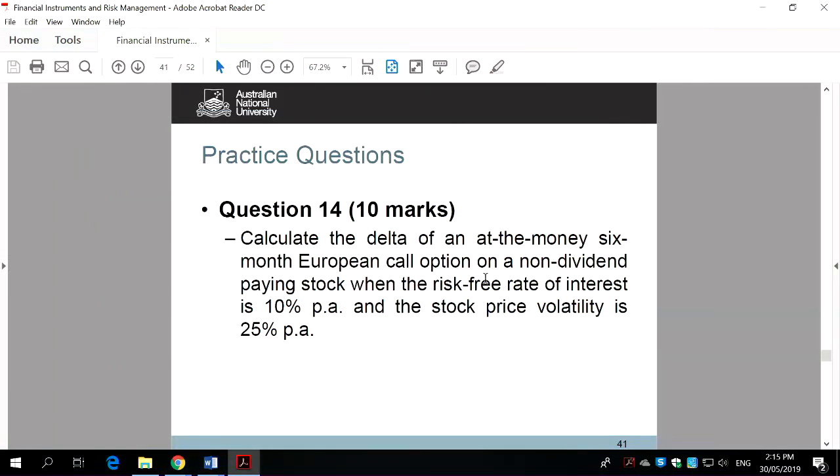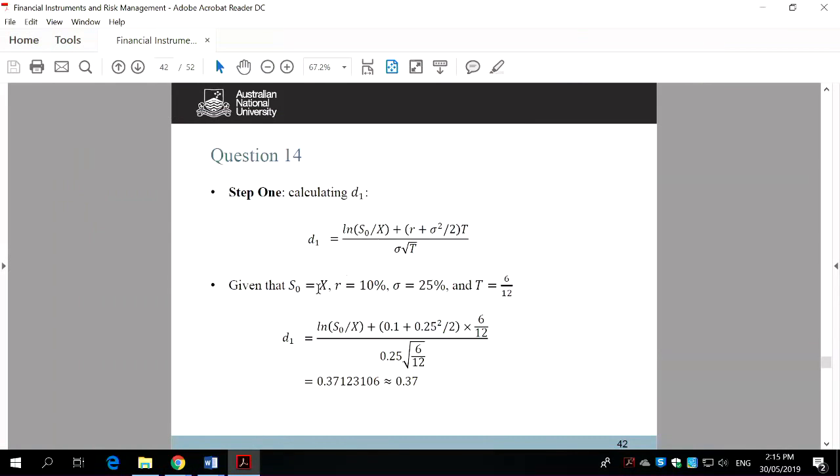Now, this question says, calculate the delta on the at-money 6 months European call option. At-money means the spot price equals the strike price, right? And then we were told the risk-free rate is 10%, standard deviation is 25%, time to maturity is 6 months, 6/12. How can we calculate this? At-money, if they are the same, then that's the natural log of 1, okay? So you can simply put natural log of 1 here. And so that's risk-free rate is 10%. That's the variance, and times 6/12. So you work out the d1